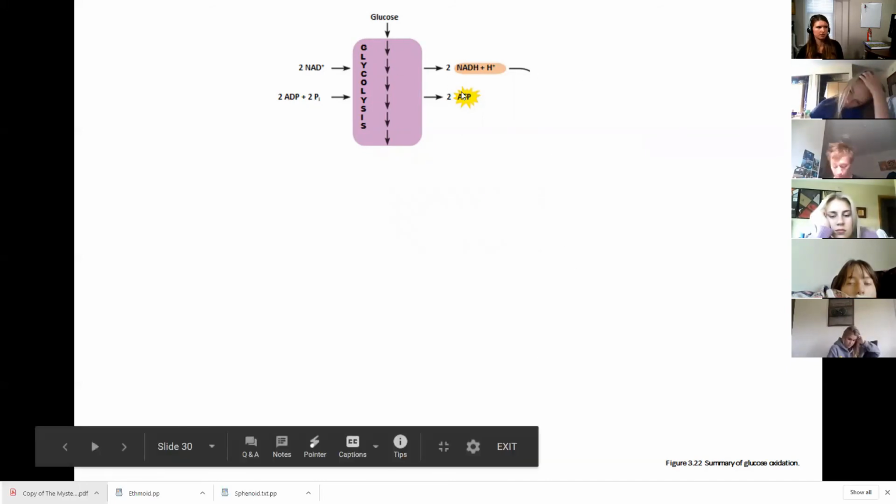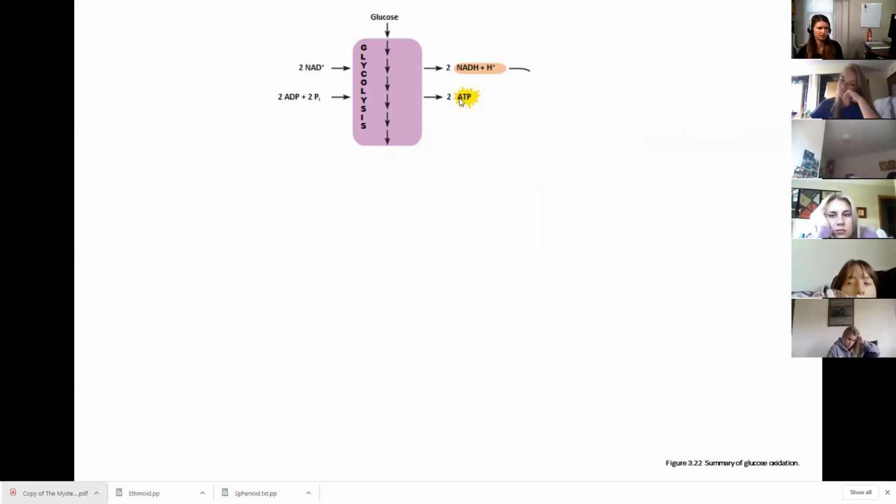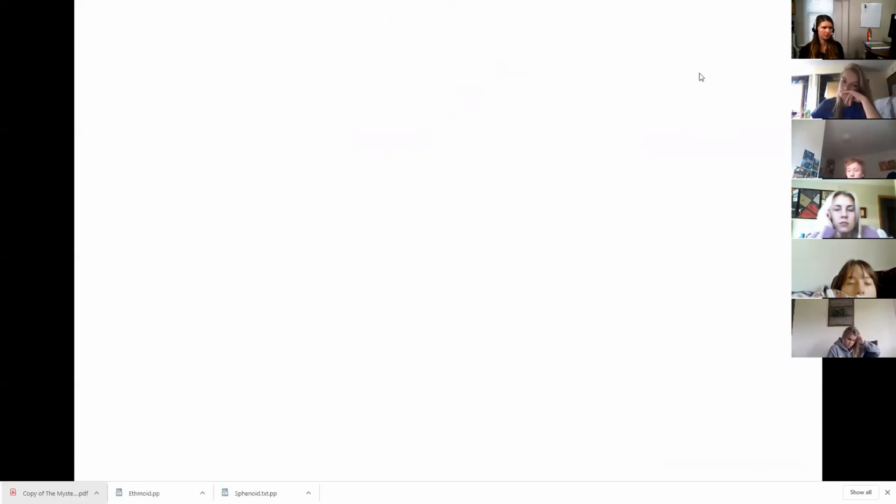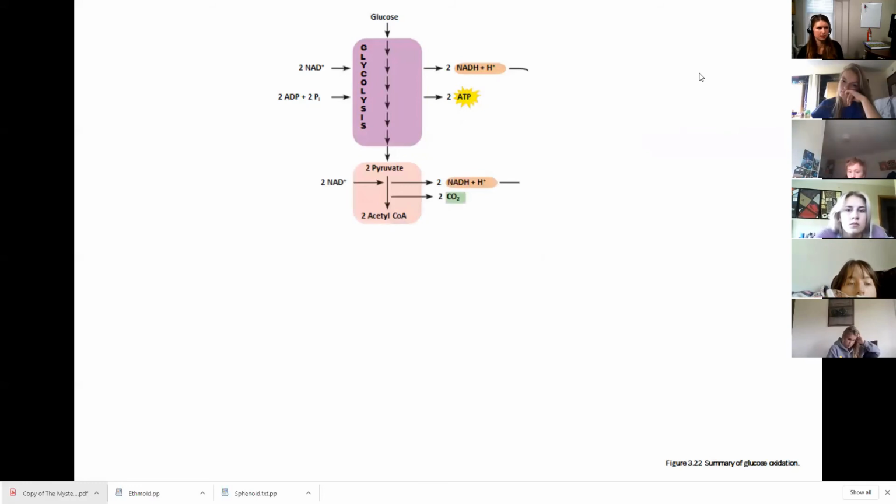We're also producing a little ATP out there in the cytosol. Okay. Then we have our linking step that moves us into the mitochondria. So we got 2 molecules of pyruvate at the end of glycolysis, move them into the mitochondria, produce a little bit more of this reduced electron carrier, produce a little bit of CO2, so we're starting to pull off some of our carbons. And we produce 2 acetyl-CoA molecules to continue on with the rest of the steps in this process,